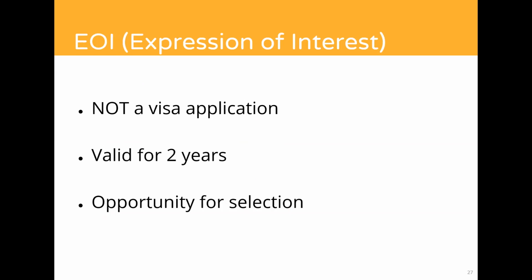So with your name in that ring, you are now available for selection. And selection will depend on many factors, and most of them are out of your control. The primary one is government policy based on the economy and the quota for your occupation. But also, you are competing against other candidates. You do not know how many candidates there are, what their points are, etc. So there is a lot out of your control, but we'll take back some control shortly.